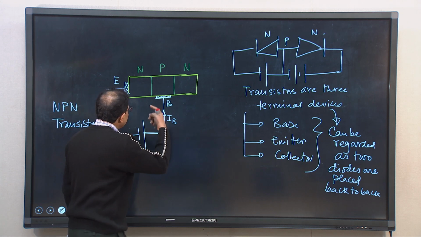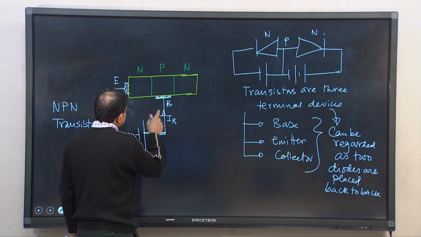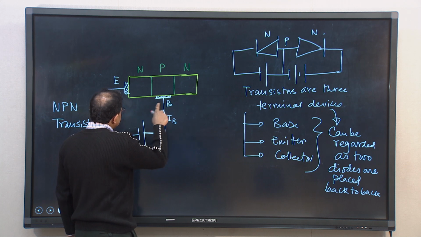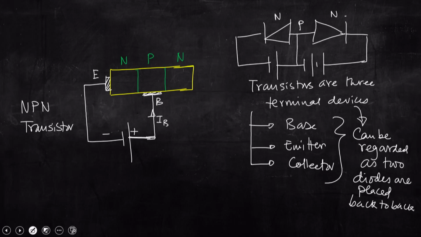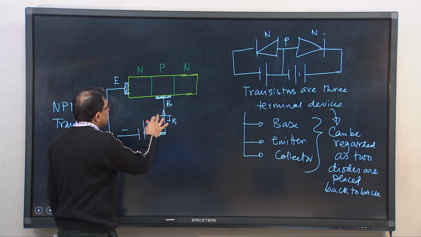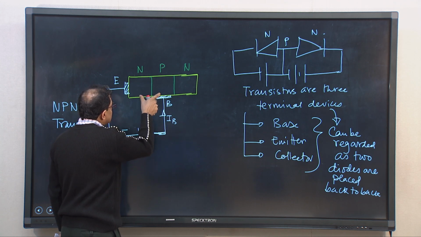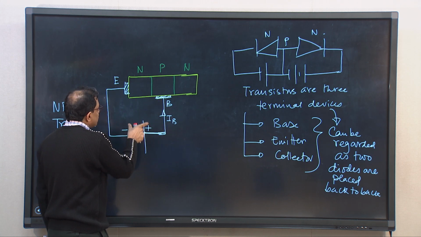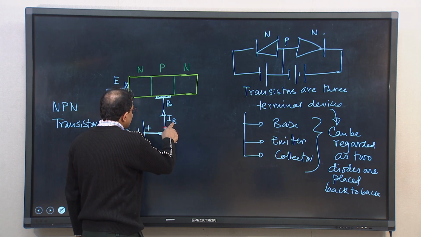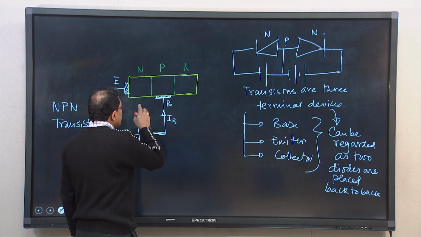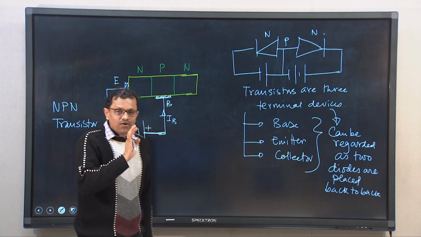So, current will flow from base to emitter, because this base is positive with respect to this emitter. So, this is positive, this is negative. So, we know that current will flow from positive to negative. So, base is positive with respect to emitter, and current will flow even if we connect this base emitter with this circuit. So, a small current IB will flow from base to emitter,